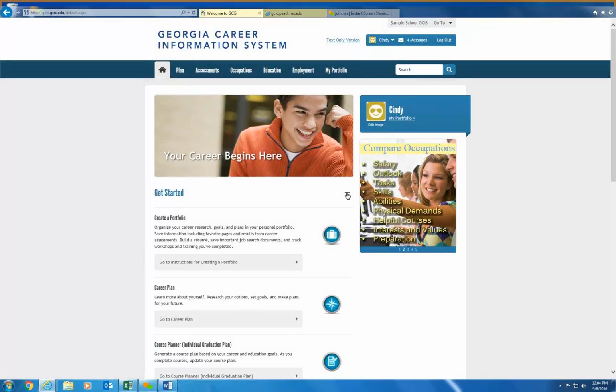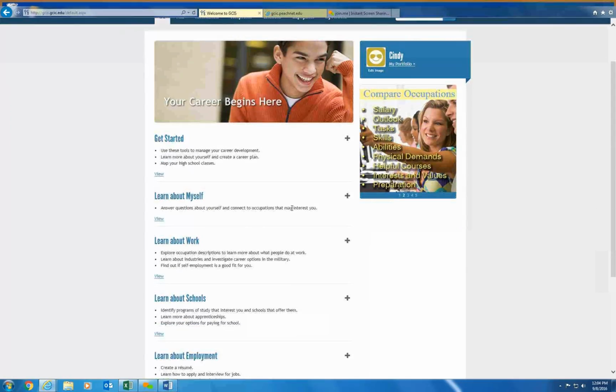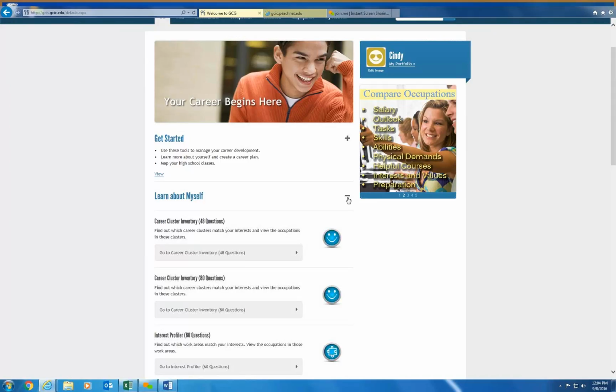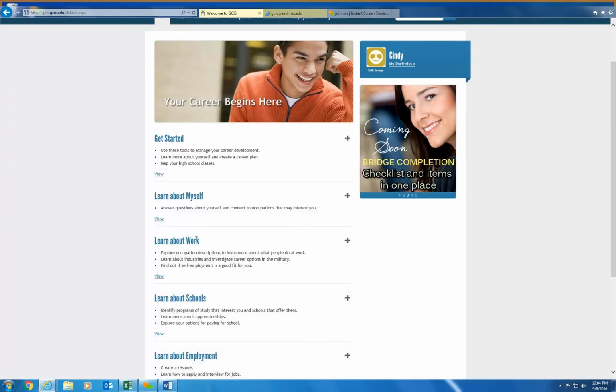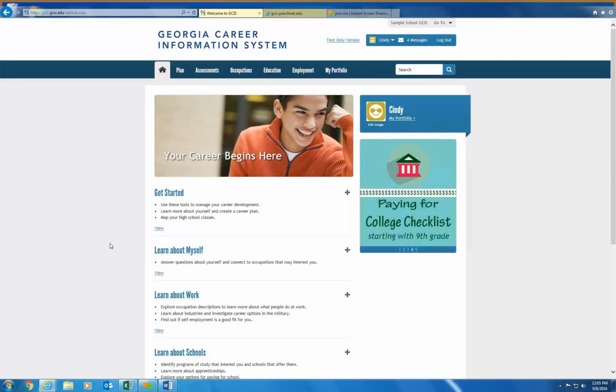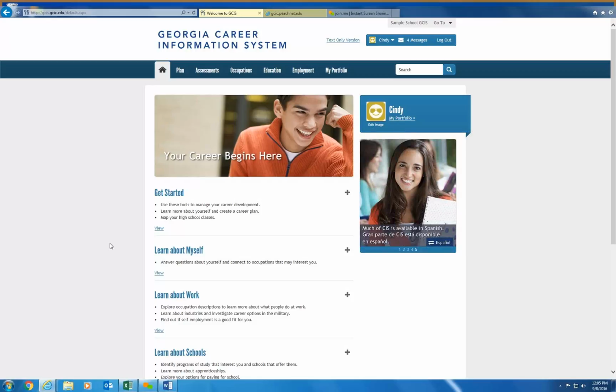I'm going to close that back up by clicking on the minus sign and making it a plus sign again, and so each one of these areas has a similar setup with activities that ultimately help that student accomplish that goal. All right. So now that we've gotten our hands a little wet with the navigation of the entire system, let's take a look at those high school milestones for advisement.